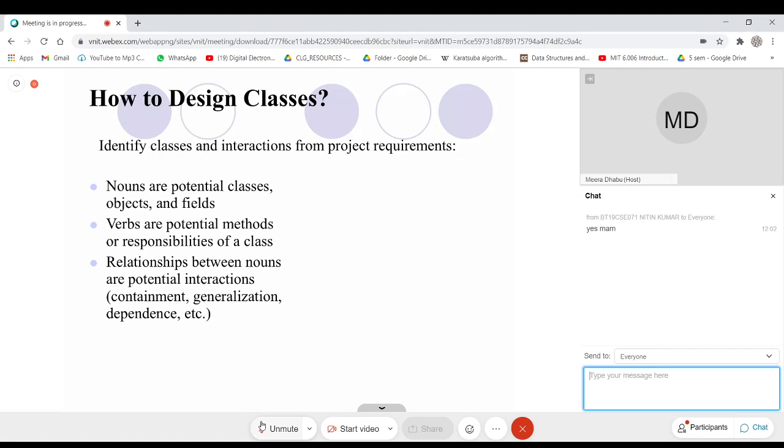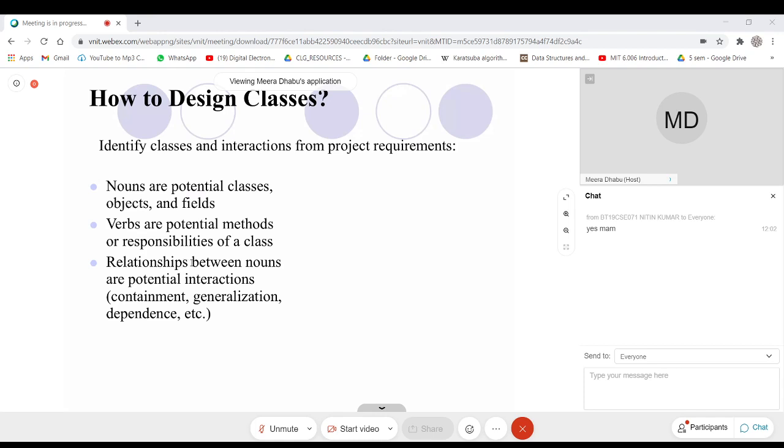Typically, we need to decide whether something should be represented as a class, object or field. When we talk in our natural language, wherever you are using nouns while describing the problem domain, you should think that those nouns are potential classes, objects, or fields.